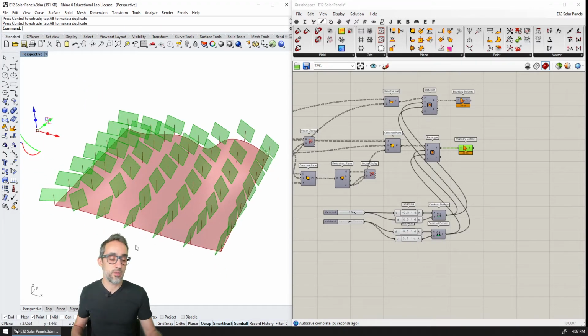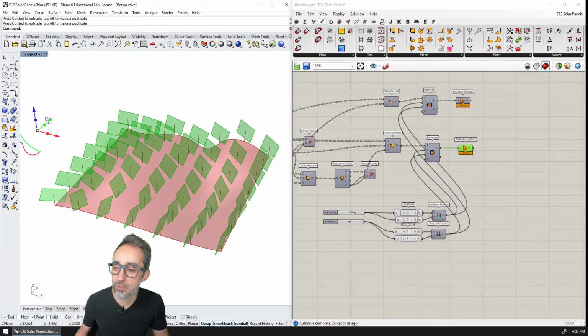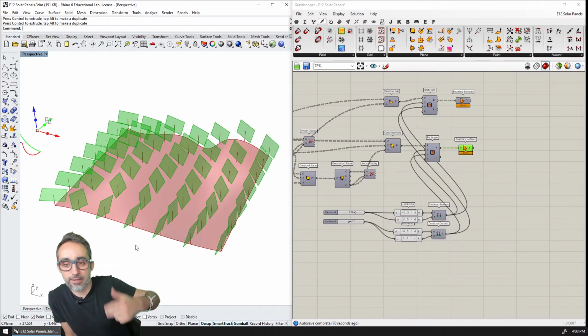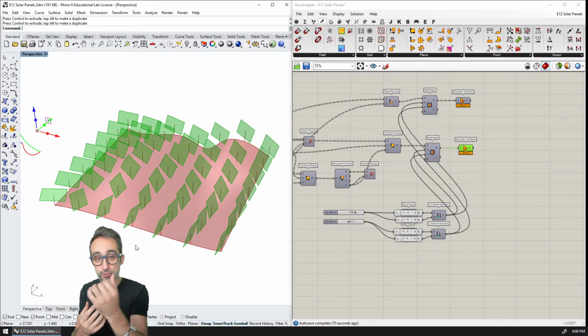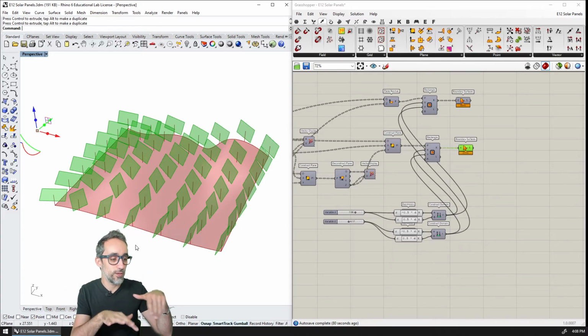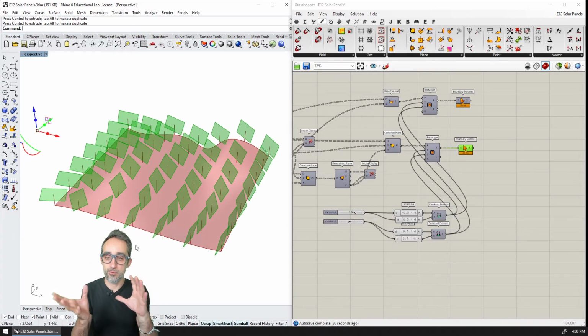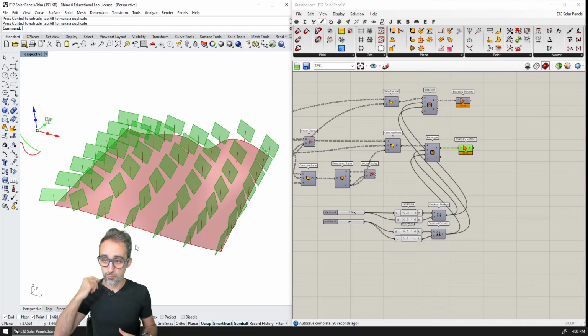Food for thought. You can add, for example, a cone in the mass to make it look a bit nicer. You can add thickness, and you could also, from this parametric definition, output numerical values for the radians of the rotations so that you could feed those into a machine, and the machine would be connected to some servos and would be actually moving these things in 2D or 3D. So that could be pretty interesting as well.